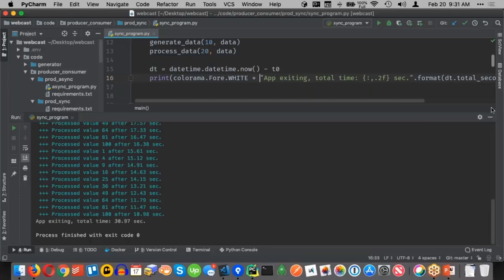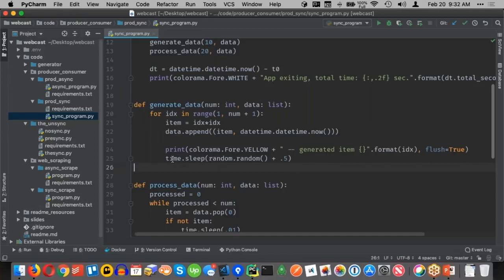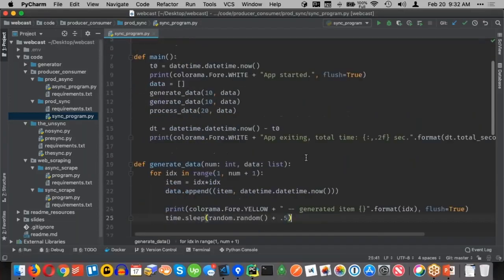Now, the part I would say is fake about this is I'm using time.sleep to say, imagine this takes a while to do this work, right? We're going to get rid of this concept of sleeping and waiting on real systems in a bit. But this simulates somehow waiting on another system, a database call, a microservice, an external API like Stripe or whatever, okay? So this first round, let's do a suspension of disbelief and imagine that is a useful external service, and then we will actually talk to useful external services. Okay, so my goal is to take this program and convert it to an async and await version.